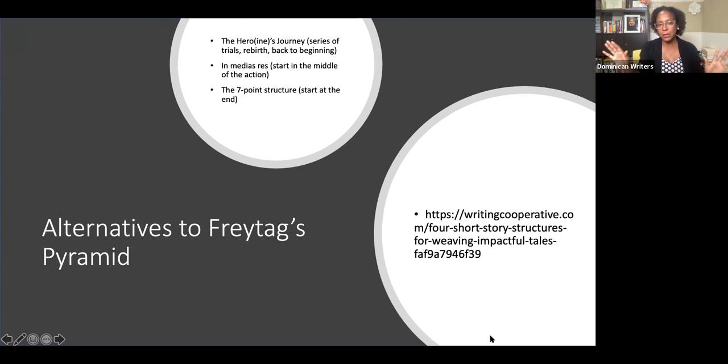So those are just some structures. There's a ton more. You can Google alternatives to Freytag, or different plot narrative structures, and you're going to have a ton of stuff come up. Let me stop for a little bit, because I know sometimes talking about structures is a snooze fest, but I think talking about narrative structure before we get into acceleration is an important thing to consider. And I find that a lot of writers don't always make intentional choices when it comes to that.